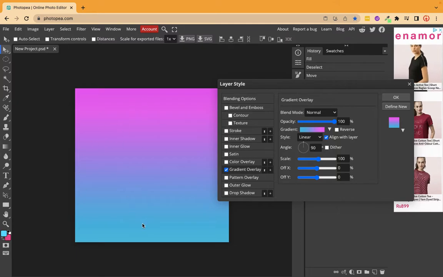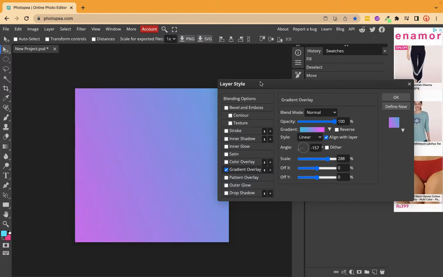Now, if you see, we have created a gradient background here. I can change the style from here. Also, I can change the angle. Also, you have different blend options. You have scale. You can try and experiment with different size and see which type of gradient you feel that